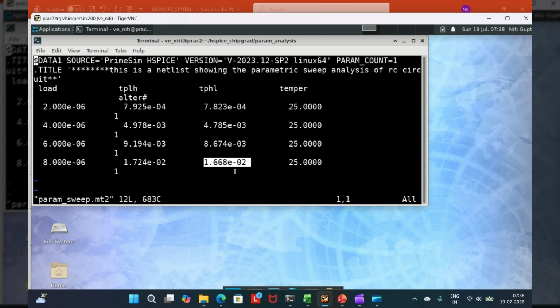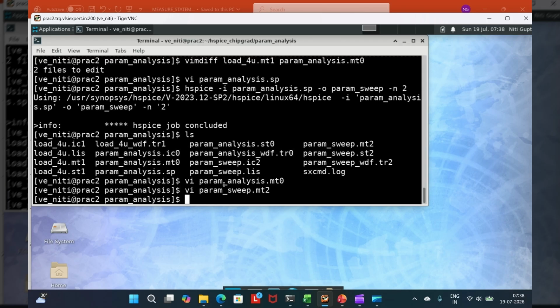That shows me very clearly that as I am increasing the load capacitor value, the delay is increasing. So that's the kind of analysis we as engineers do after we understand how to use these basic commands. Now I'll also show you in the output waveform how it looks.